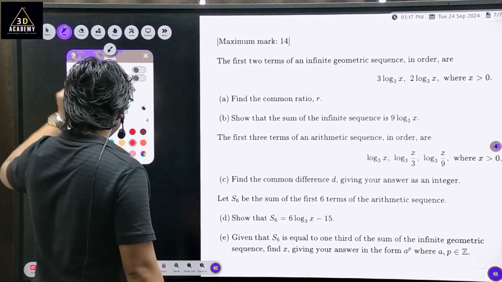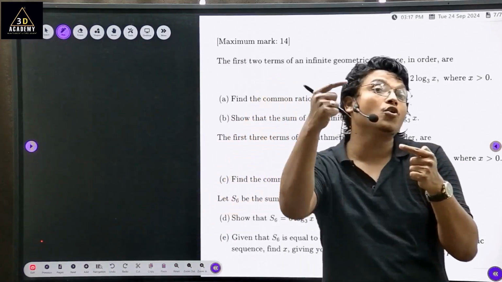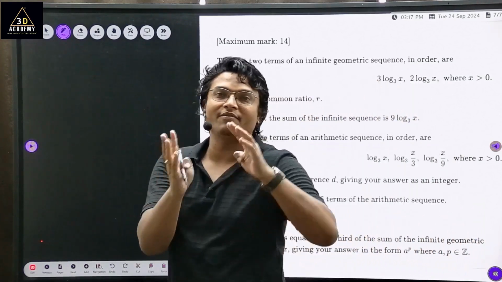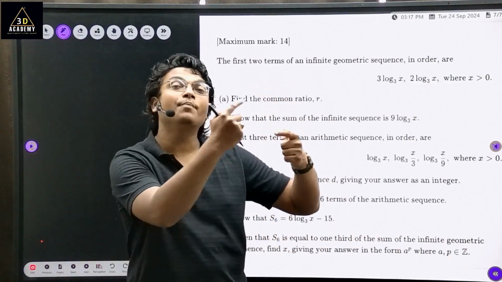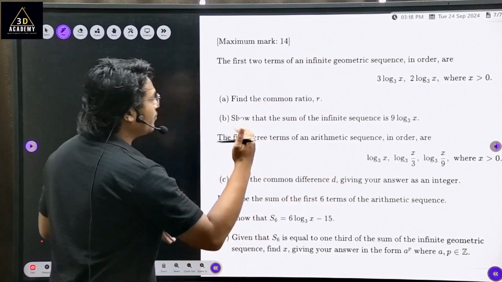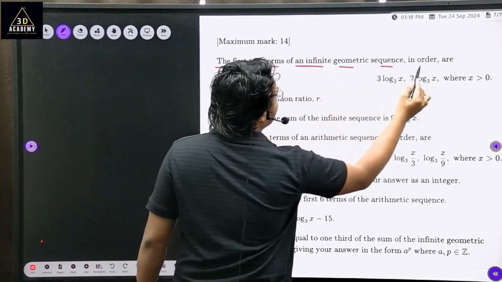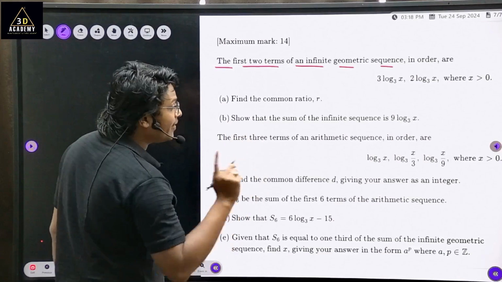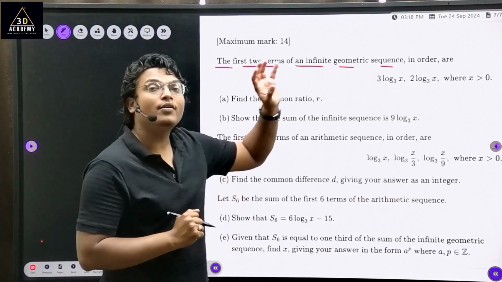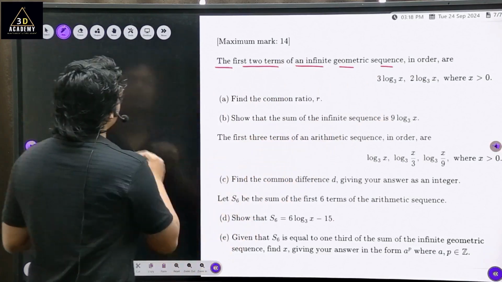The question is very easy if you interpret it right, and whatever important notes we have written for arithmetic sequence and geometric sequence, it is from the same. You have to use them as it is. The first two terms of an infinite geometric sequence are given. Infinite geometric sequence, so you have to go to your calculator, formula booklet and search for the formula of sum